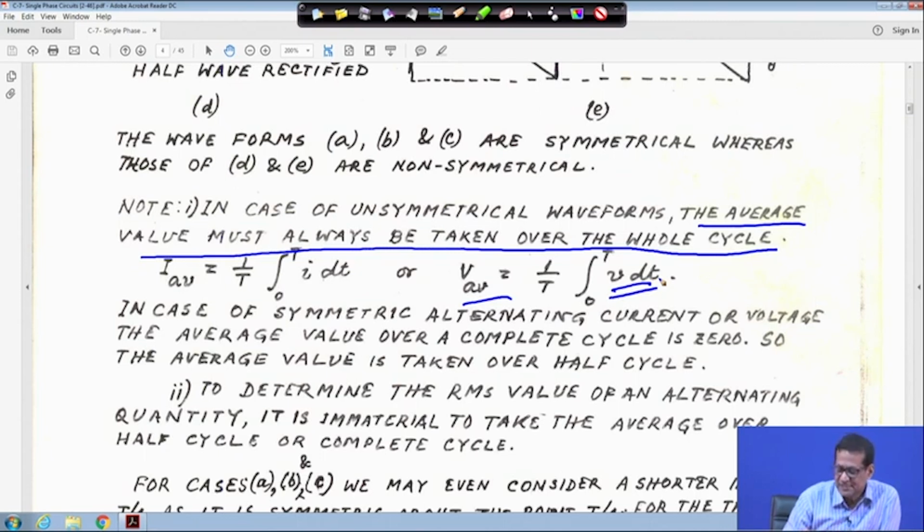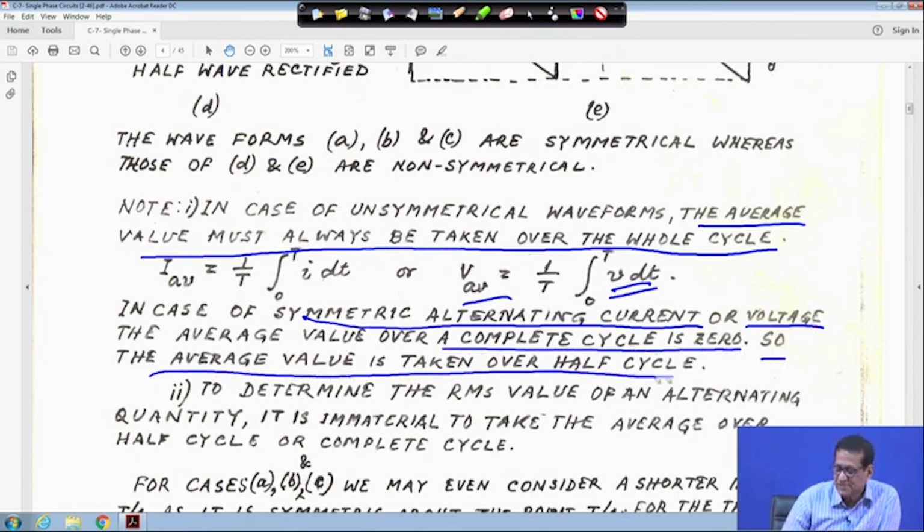And in case of symmetrical alternating current or voltage, the average value over a complete cycle is 0. So the average value is taken over the half cycle, because if it is symmetrical, I told you the positive area and negative area will be the same. So in that case the average value will be 0, that's why we will consider the half cycle for average value,